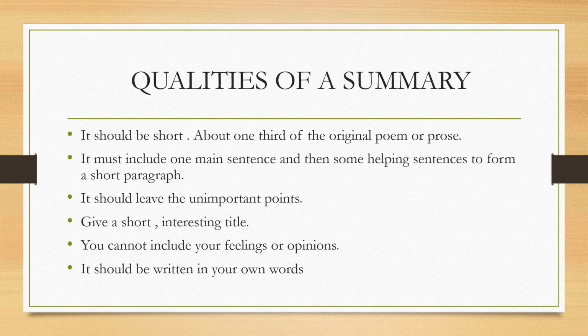It has to be much shorter than the original text, about 1/3 of the original poem or prose. That means if you have a poem of 15 lines, the summary would be just 5 sentences. You may have a prose of 24 lines, and what will be 1/3 of it? Around 8 sentences. It must include one main sentence that gives a general idea what it is about, and then